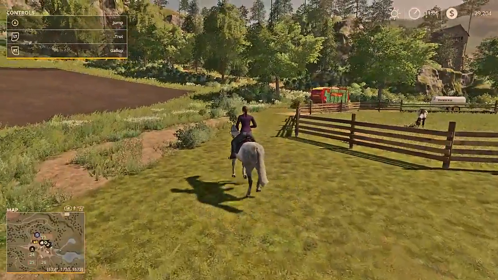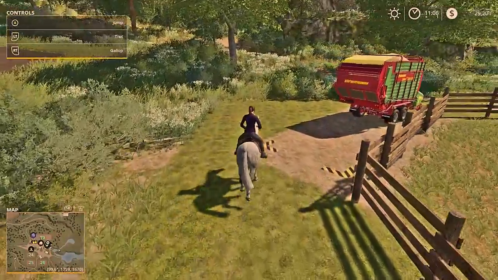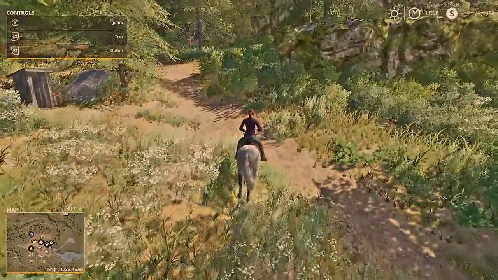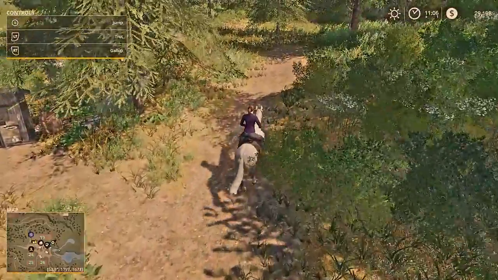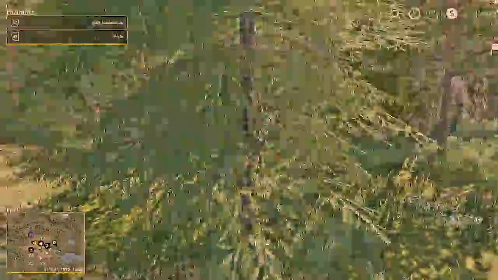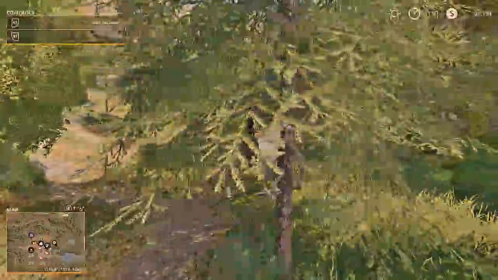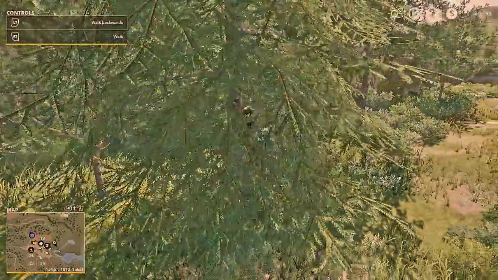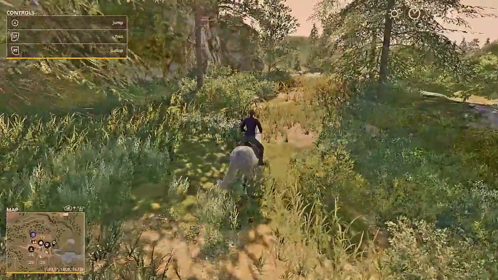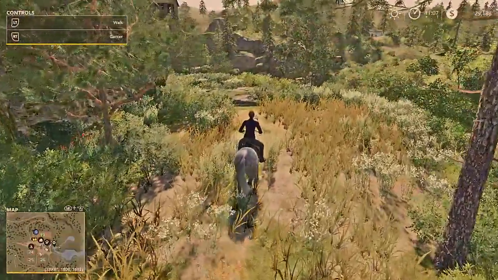Trot, trot. Now, early on in the game, like we are, we can use these horses to ride around and explore the area. You can see our little outhouse there as I clip into a tree. I did not know horses could climb trees, but here's Bella hanging up in a tree. Oops. Alrighty, let's get out of the tree there, and let's go over here